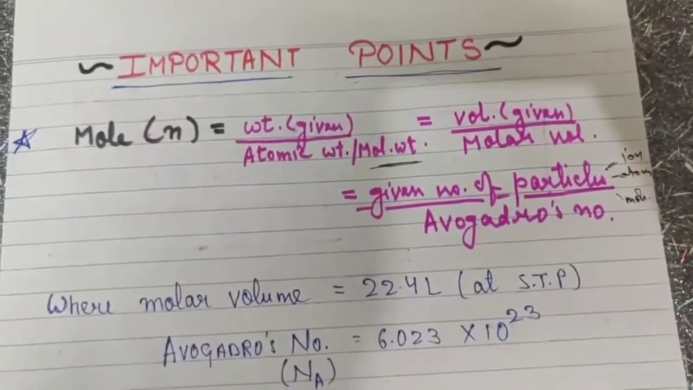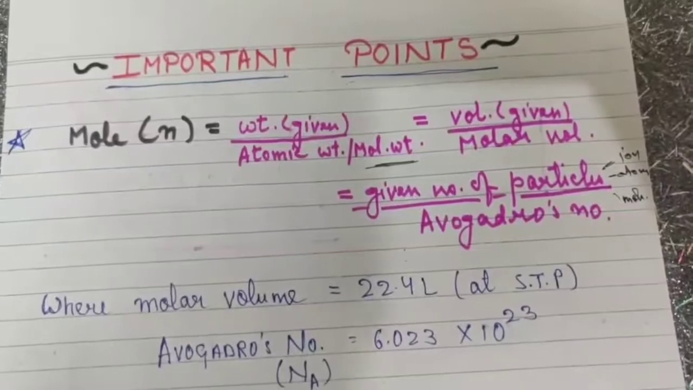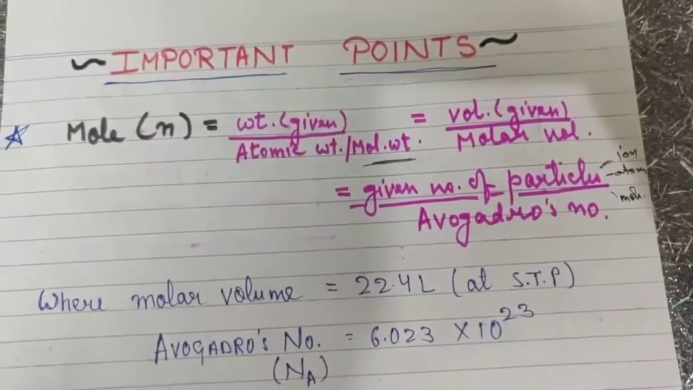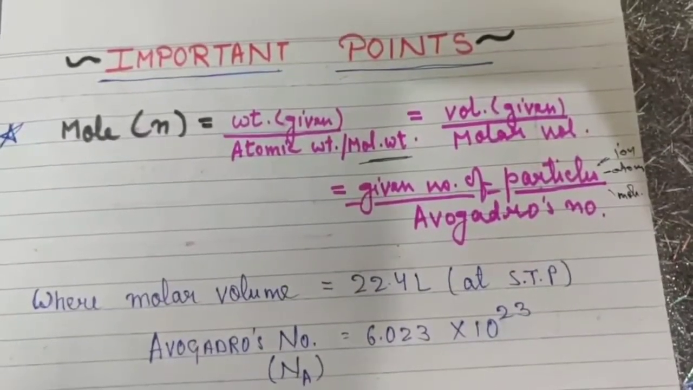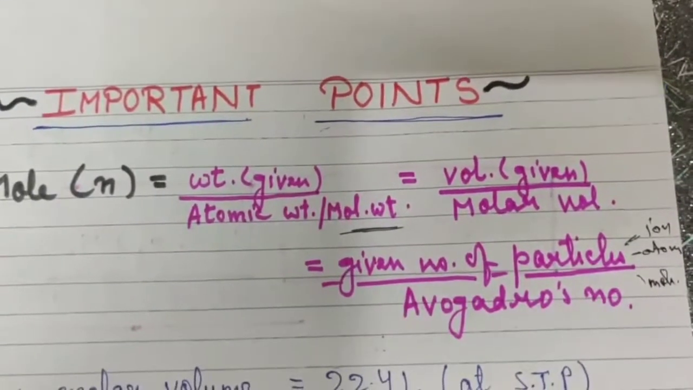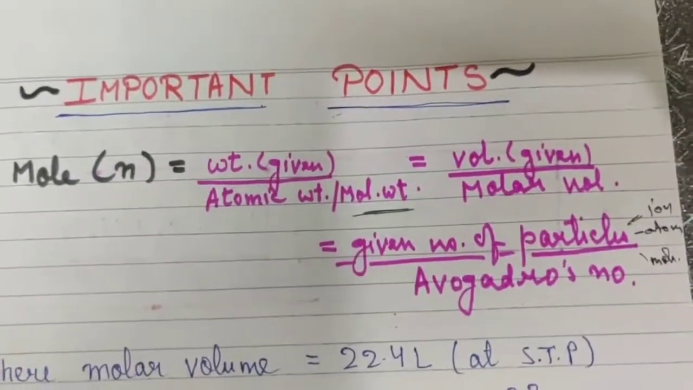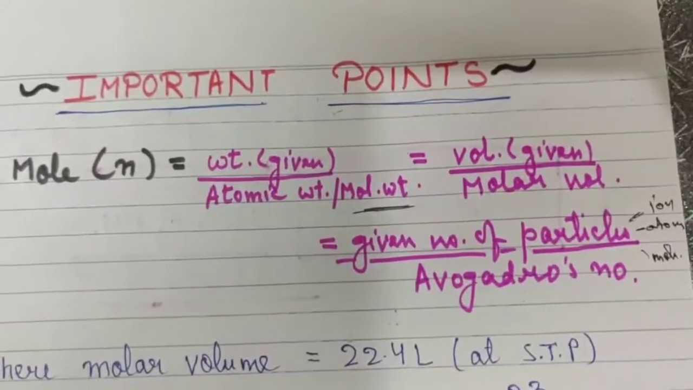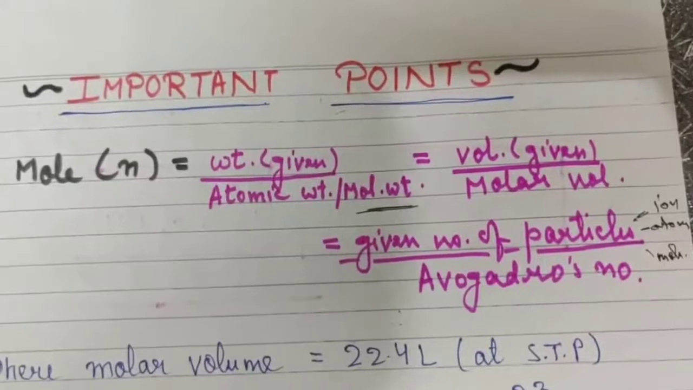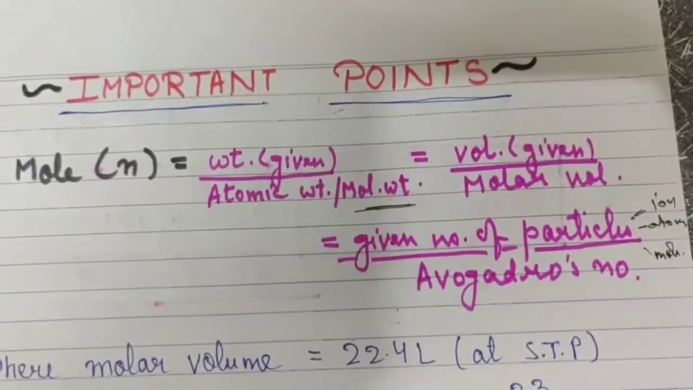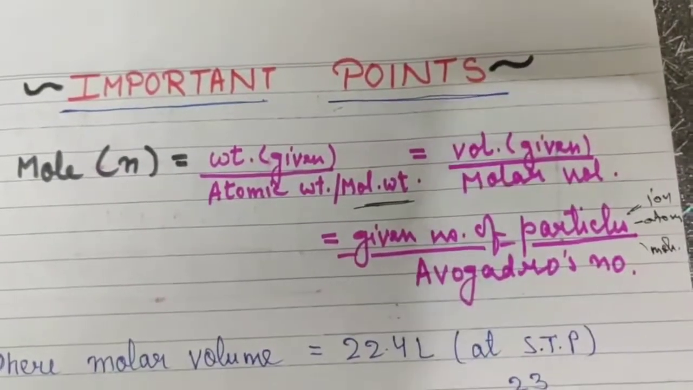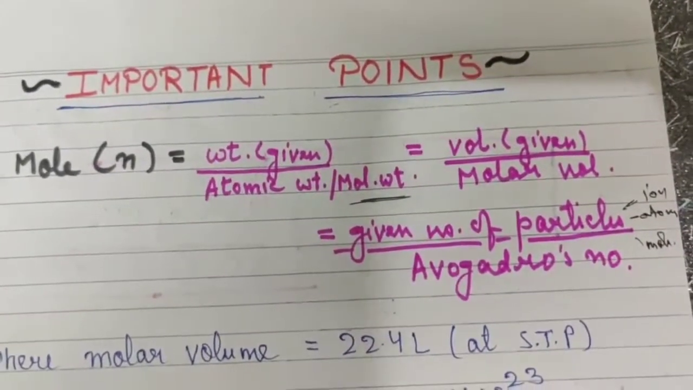The formula of mole can be written in three terms. First is in terms of mass, second is in terms of volume, and third in terms of particles. As you can see here, I have written all three formulas. First formula is given weight upon atomic weight or molecular weight. Atomic weight or molecular weight I have mentioned here because if an atom is given to you, then we will use atomic weight, and if a molecule is given to you, then we will use molecular weight,